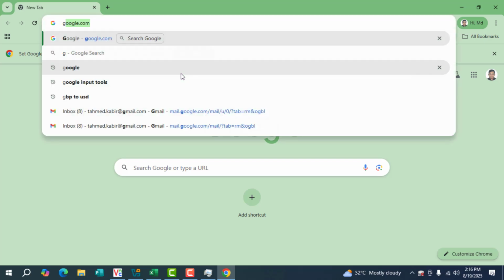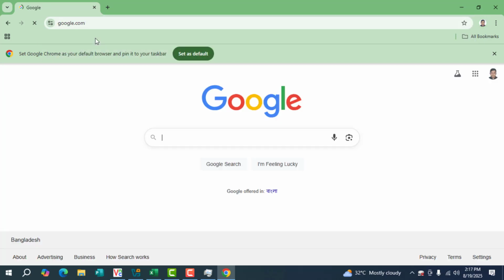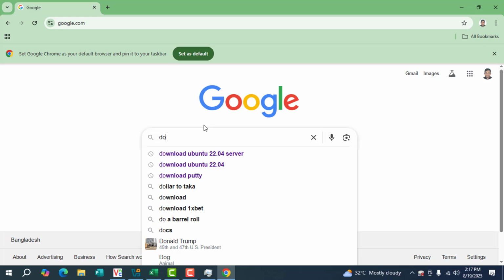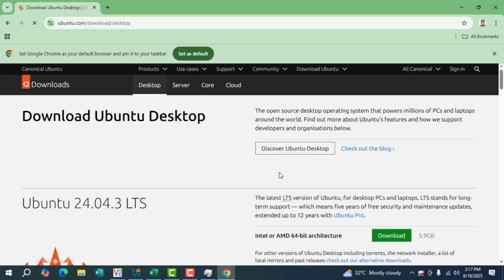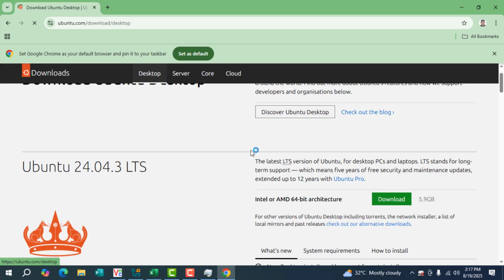Then you want to download Ubuntu from the Ubuntu website. In my case, I downloaded Ubuntu 22.04. It's an LTS version. I already downloaded it and put it on my D drive,